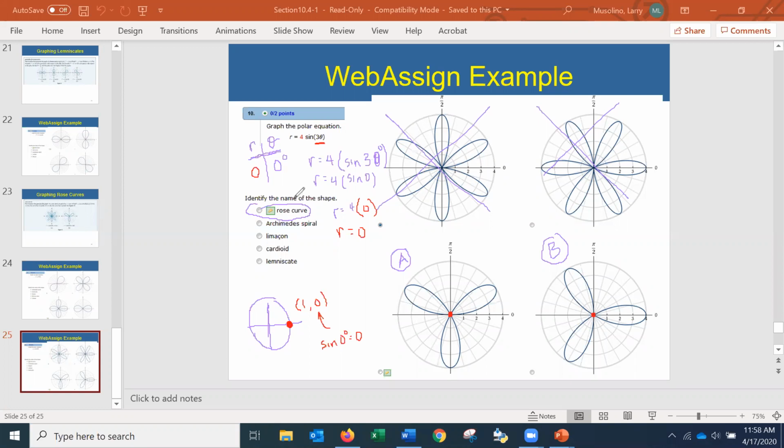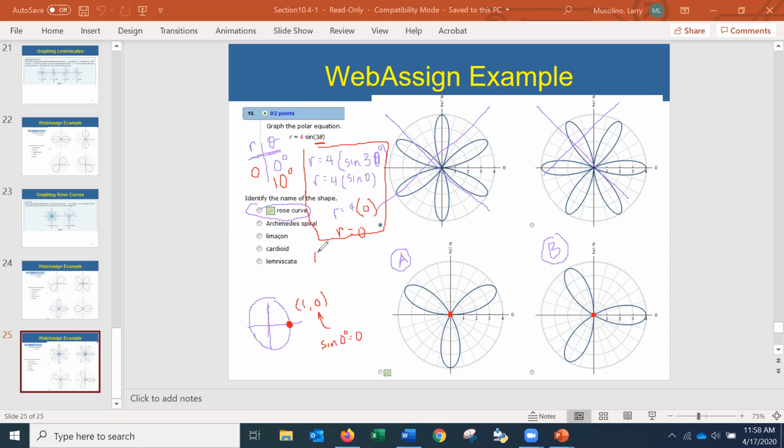Or maybe it's even easier to pick theta equal 10 degrees. Let's pick theta equal 10. The reason I pick theta equal 10 is that then I'm going to have sine of 3 times 10, which would be sine of 30, which I can easily work with. All right, so let's work out this second example here.